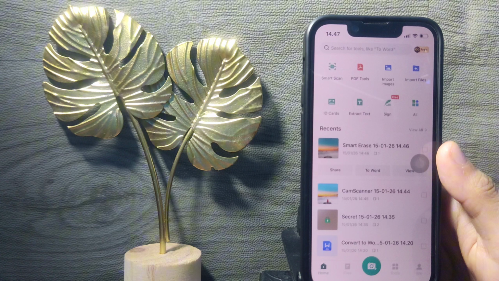Today in this video I'm going to show you a tutorial on how to convert PDF to Word in CamScanner on